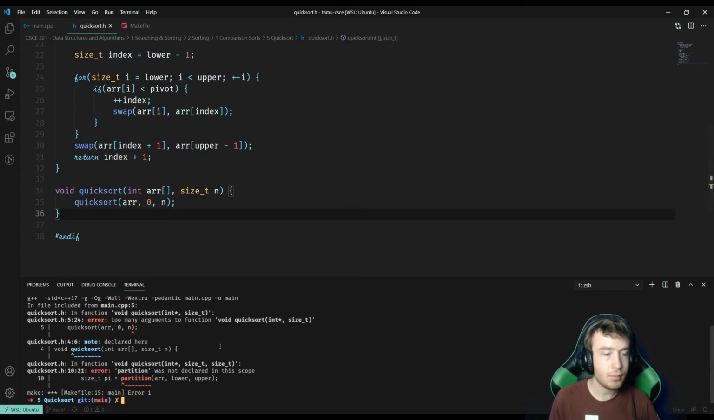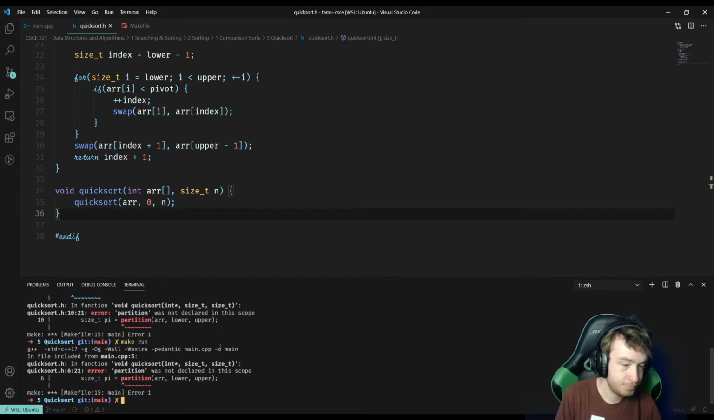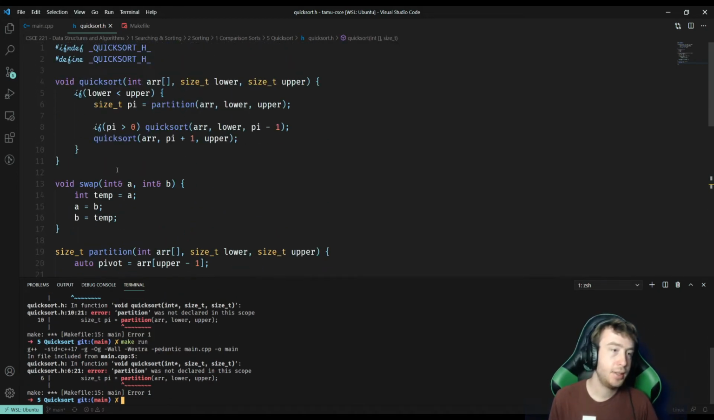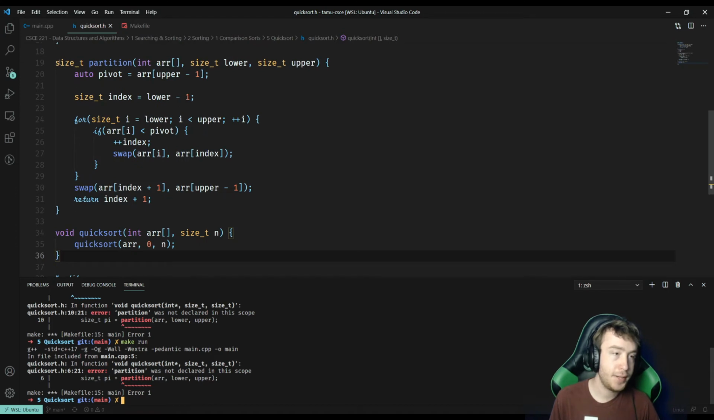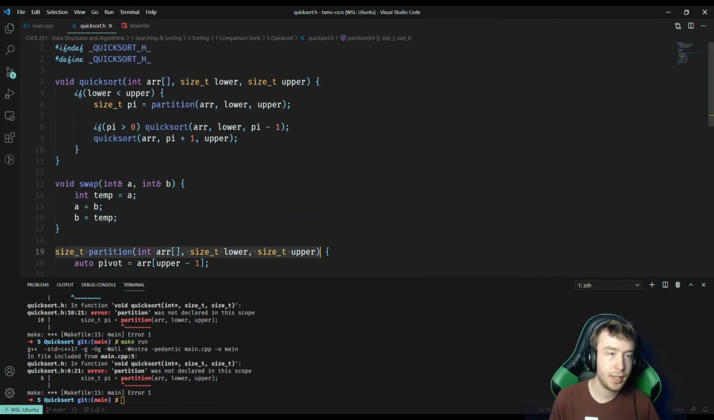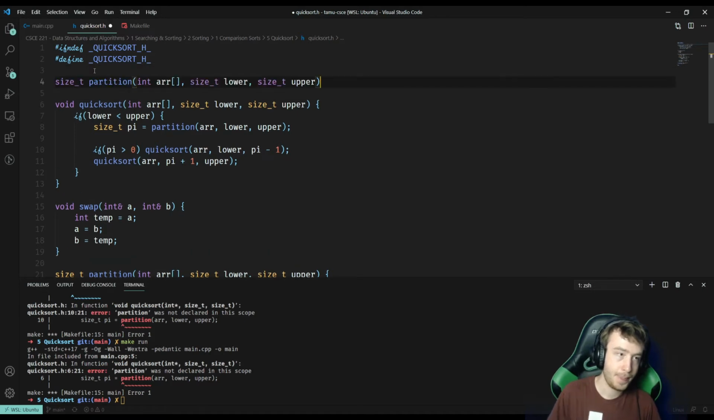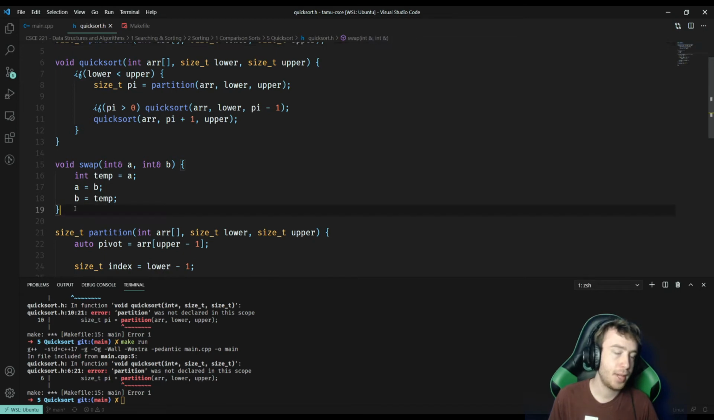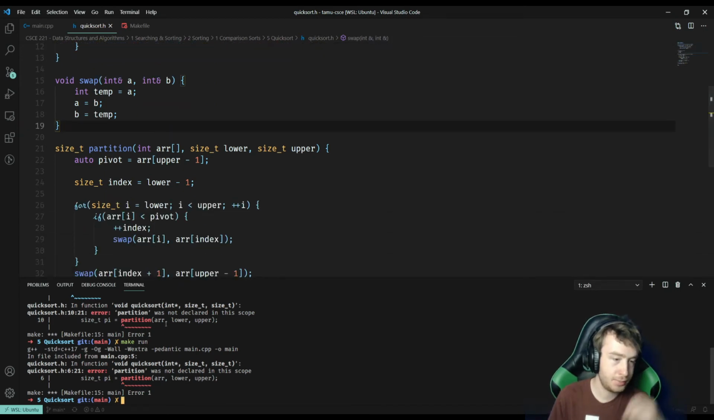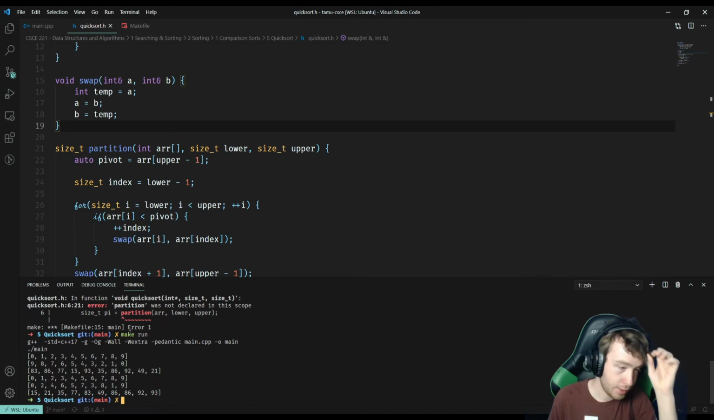If we run it again, partition was not declared. Again, partition is written at the bottom here, so let's declare partition up at the top. By writing this, we've now declared partition up at the top, and then we can use it. So we make run. Okay, cool. And it looks like our sort has tried to do something here, but it hasn't quite worked. It seems to mess up